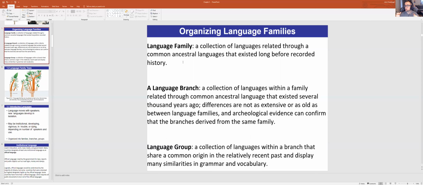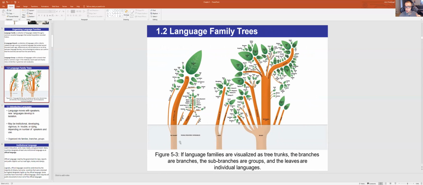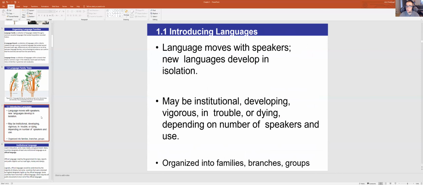So the biggest differences we're expecting are between families, right? But now, if we look within that one trunk, which, remember, the trunk here is a family, the higher up you go, yes, the more dialects and languages that are separated, but they all have common ancestry to the one hearth language, right? And we'll get into the hearth languages in a second. So languages move with speakers and they develop in isolation, right? Now we just covered folk and pop culture in chapter 4. So when we're talking about language moving, let's think about how they move differently in places dominated by folk and pop culture.